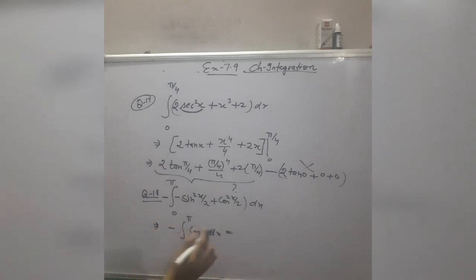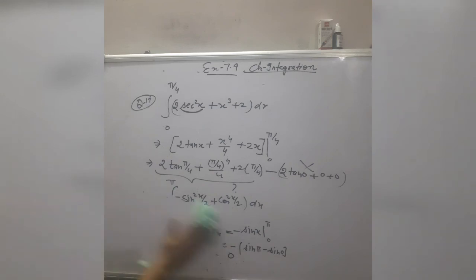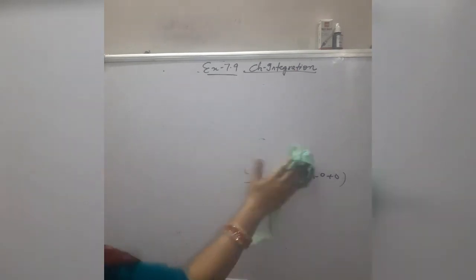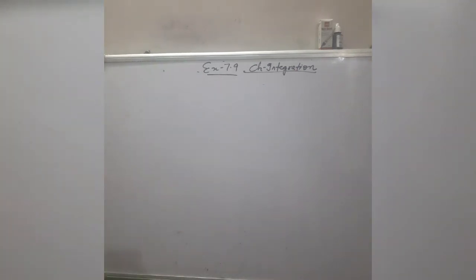In the next step we will integrate it. And what is the integration of cos x? All of you know that the integration of cos x is sin x. So it becomes sin x, then upper limit minus lower limit. So you will get sin pi minus sin 0. So what is the value of sin pi? Sin pi is 0, sin 0 is 0, so the overall answer will be 0. So this is question number 18. You have to learn all the formulas of trigonometry plus all the formulas of integration.